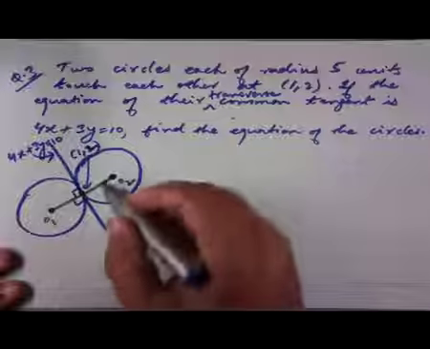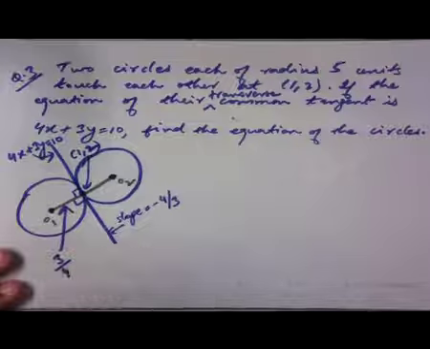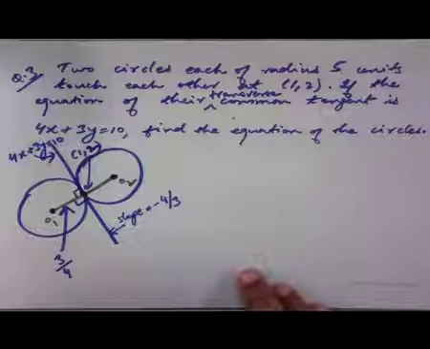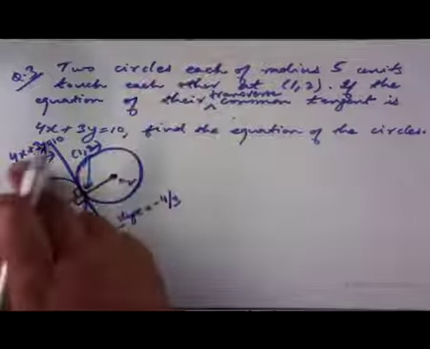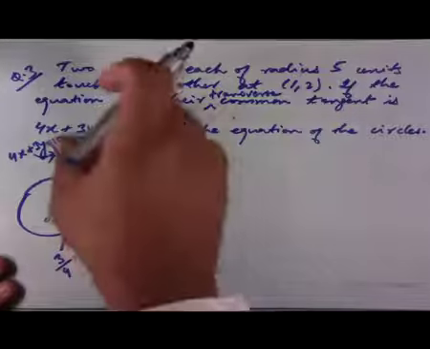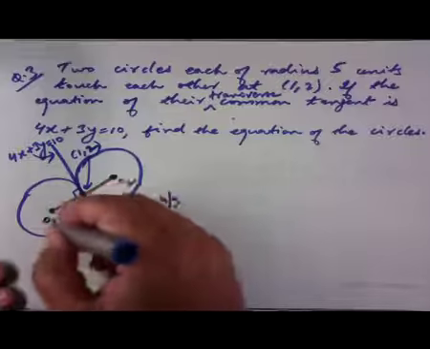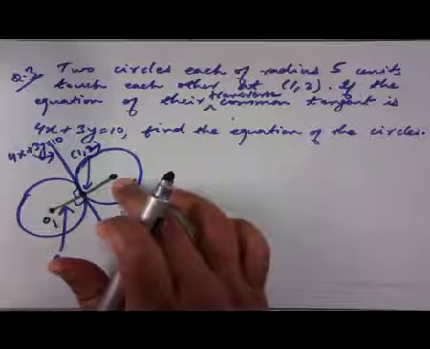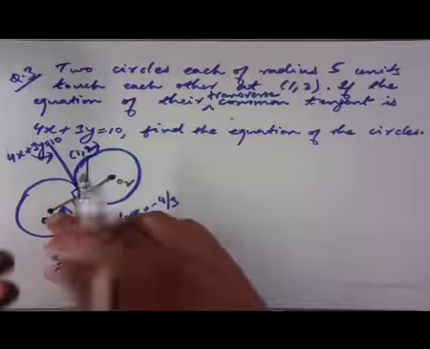From this it follows that the slope of the straight line joining the centers must be 3 by 4, because the product of the slopes of two lines perpendicular to each other has to be minus 1, and the slope of this tangent is given from here. We see that the slope is minus 4 by 3, and since the product of the slope of this tangent and this line joining the centers has to be minus 1, it follows that the slope of this line joining the centers must be 3 by 4, and therefore, the equation of this